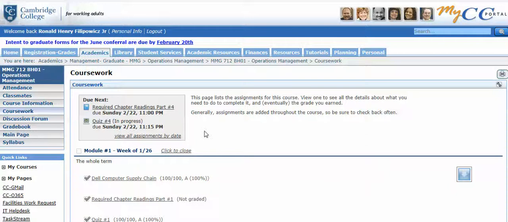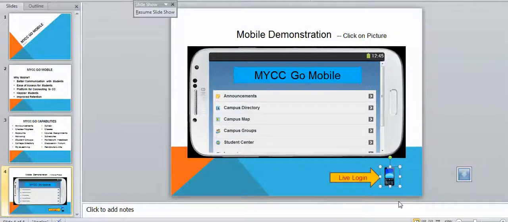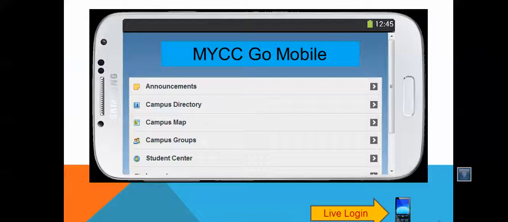There's also campus groups and other capabilities where he could get financial aid documentation, and he could get all kinds of information available to them through the MyCC portal, but that doesn't work so good when we reach mobile devices. So back when we started this project out, we started talking about